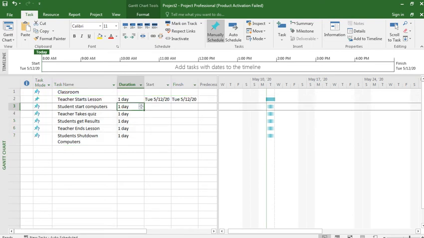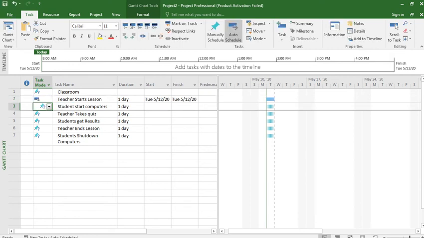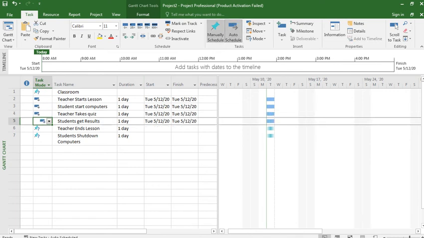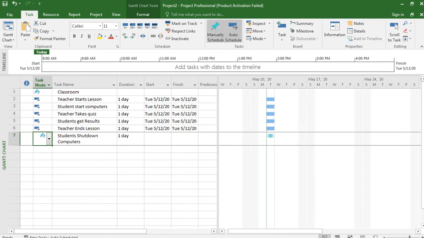So if I put one day, then these should be auto scheduled, auto scheduled, auto scheduled, and auto scheduled.